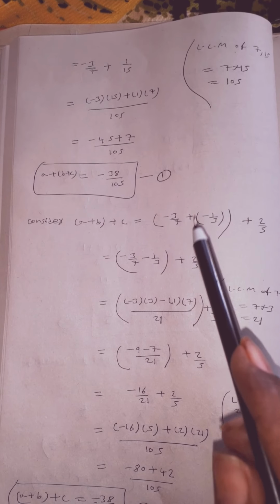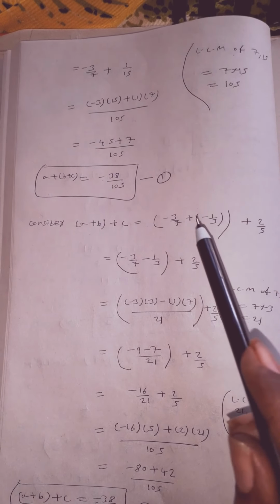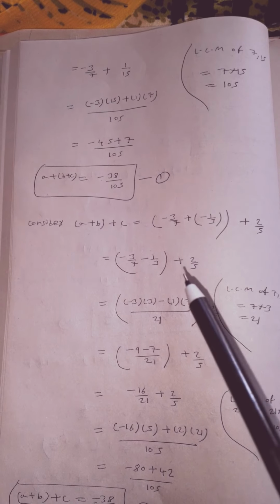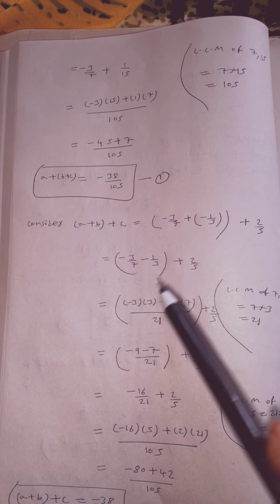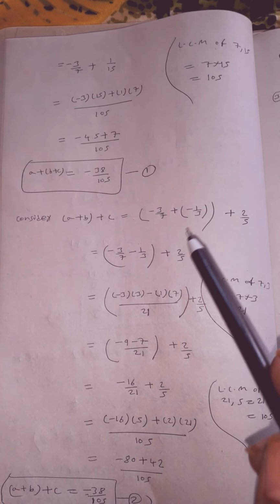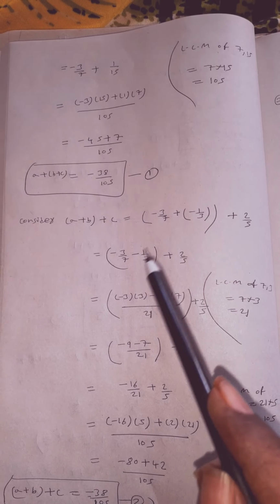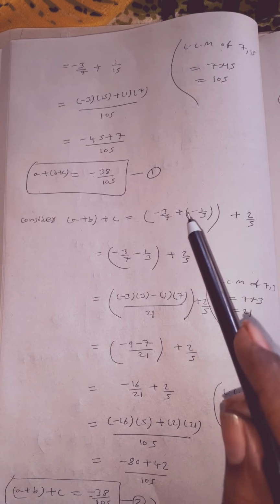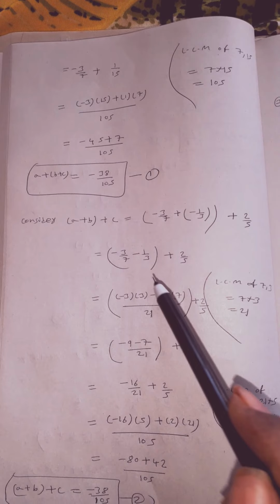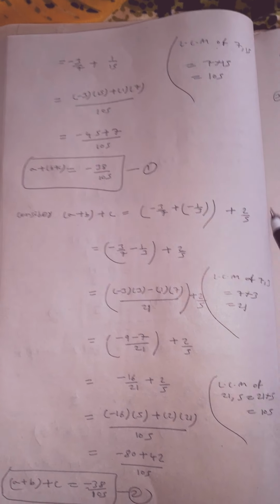Whenever minus is there for second and third terms, open the small brackets. Why? Because plus into minus it will become minus. So do carefully while this type of problems are given. So write minus 3 by 7 as it is. Here plus into minus is minus 1 by 3 plus 2 by 5.